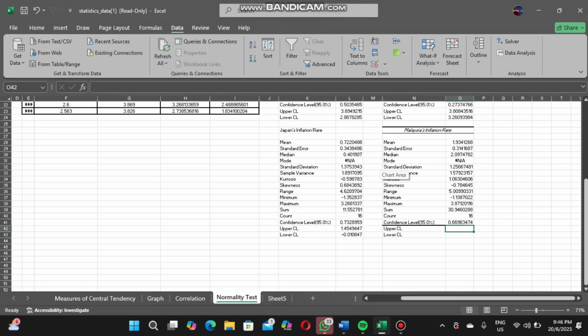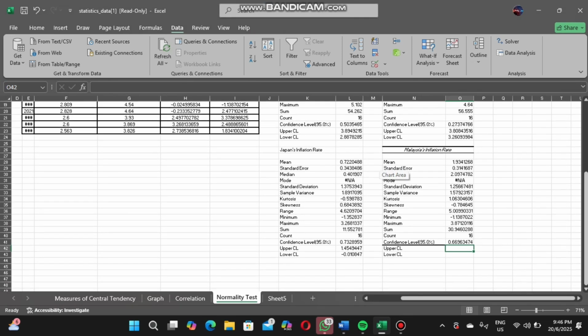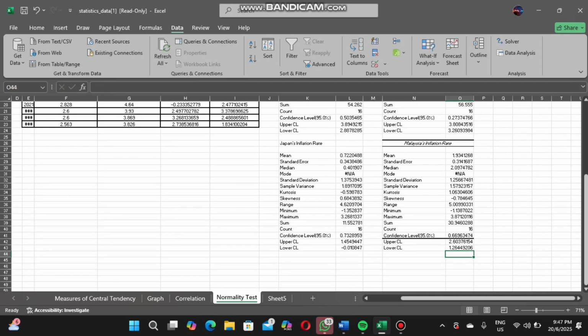After the normality test, we're going to explain a little bit about the confidence interval. Basically, you need to compute the upper confidence limit and lower confidence limit to determine where the true mean lies within the confidence interval. How you're going to do this is press the equal button, then the mean. For the upper, it is plus the value of the confidence level that we got, and then press enter. There you have it. For the lower one, it's the same, just the minus operation, and there you go. So this is the confidence interval that you need to compute.